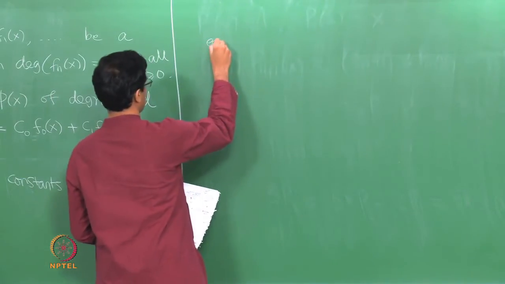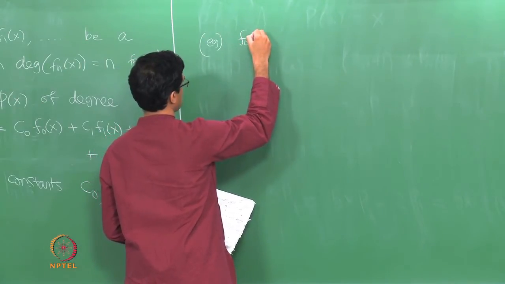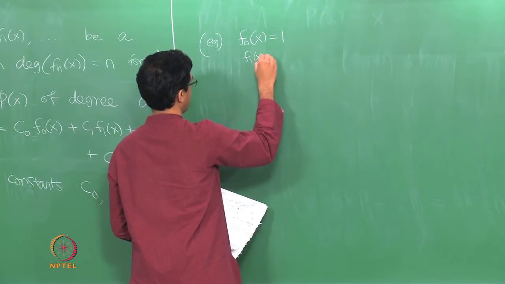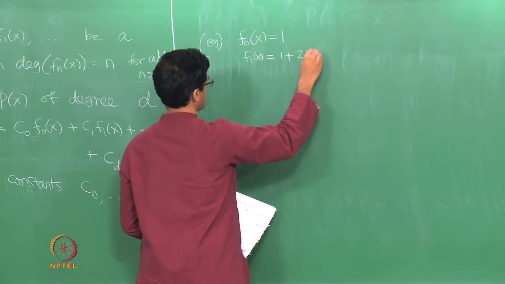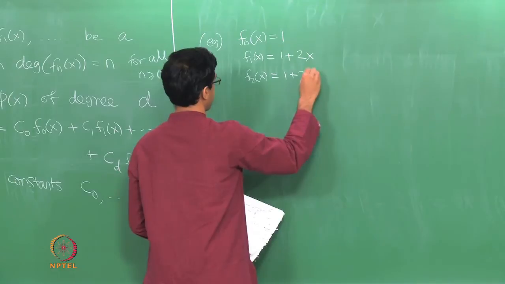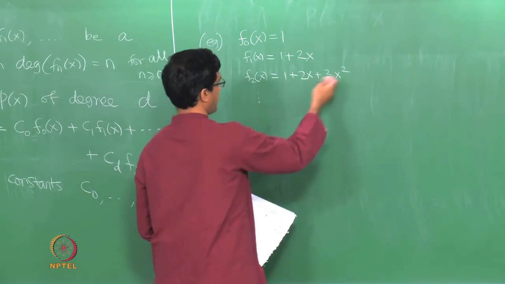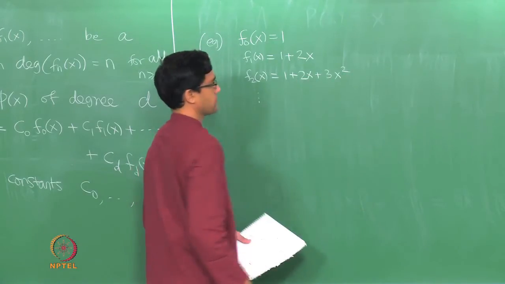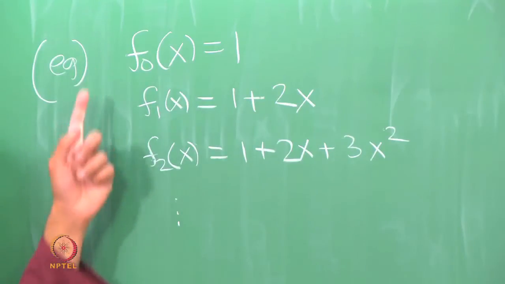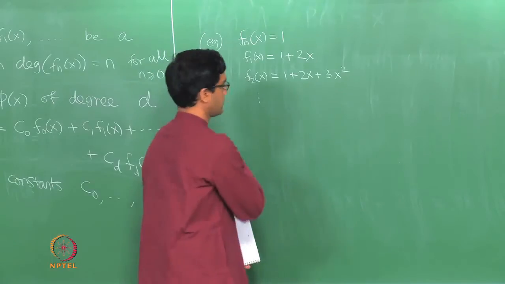So let us just take some sequence. I will just say f0 is 1. Let me take f1 of x to be say 1 plus 2x, and so on. So I am just going to keep adding one extra term with say one higher coefficient, and I have just picked an arbitrary sequence here. Observe I have done it in such a way that the f's have degree 0, degree 1, degree 2, degree 3 and so on, right. So it satisfies the conditions of the principle.